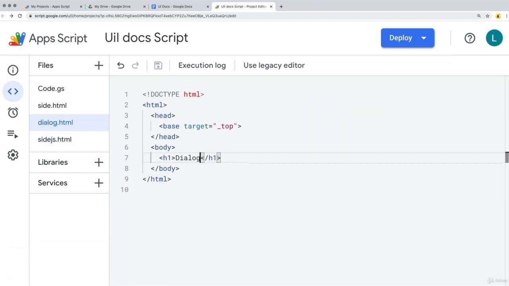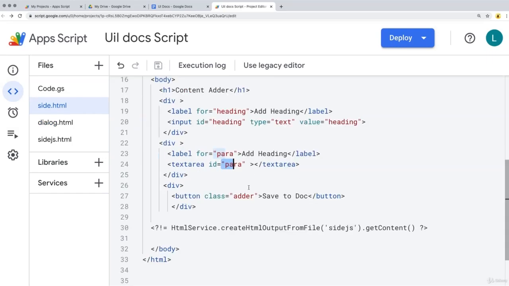So within the dialog, we'll do something similar. But in this case, what we're going to do is list out all of the elements on the page and the content from the page. And we'll output that in the output area. So this one will just have one button function, and that button will just run some code to add and list out all of the content. So let's select the button,